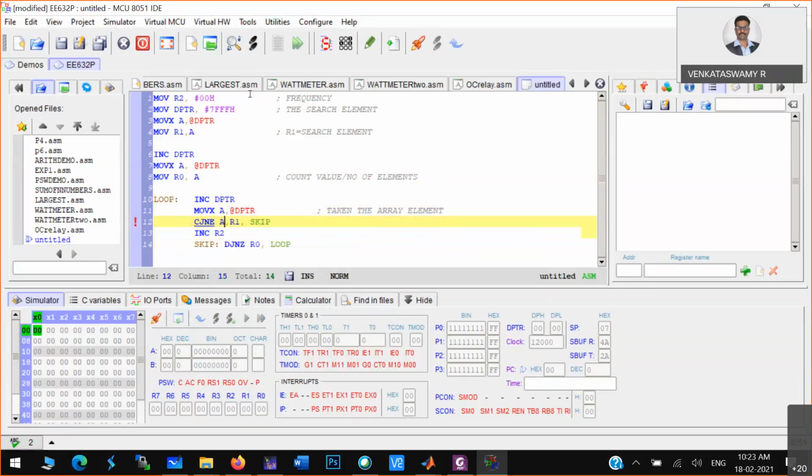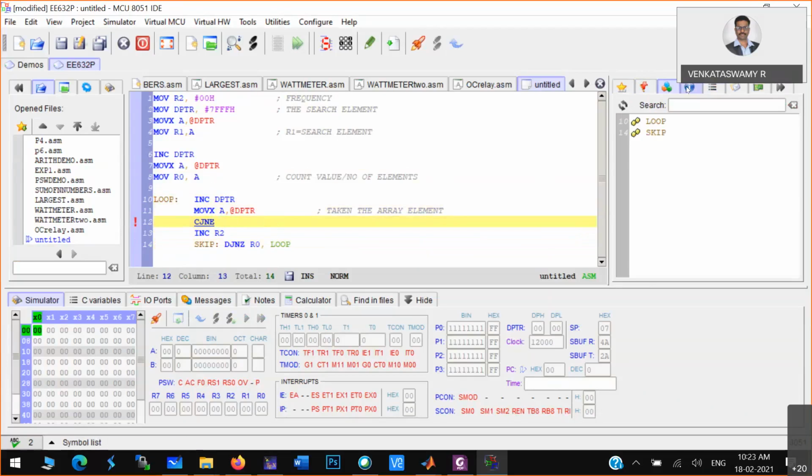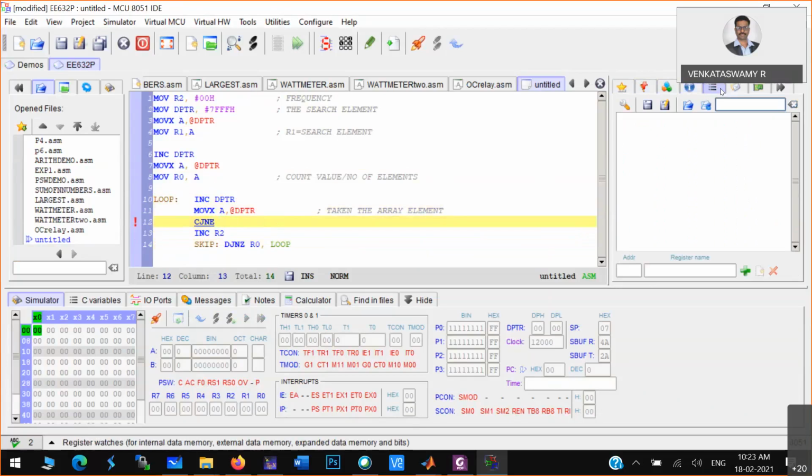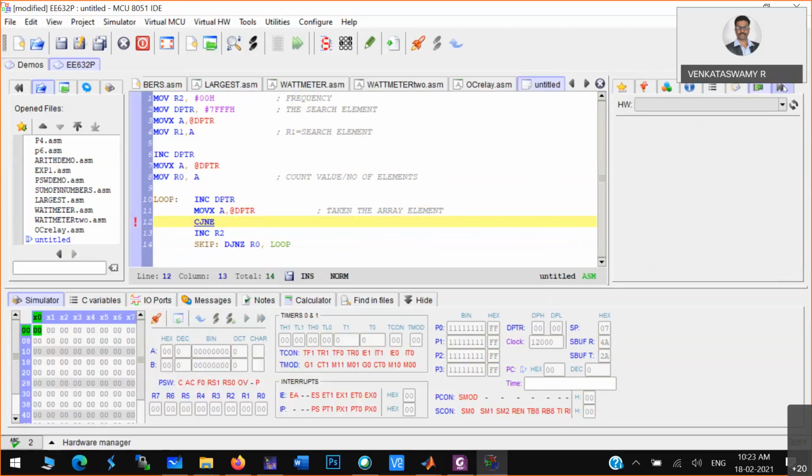So now here there is one mistake. So I just want to see the syntax. CJNE.